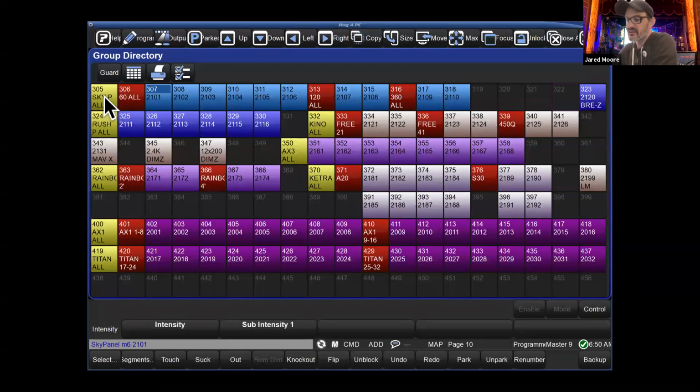And so you see I've built a group here that would control, group 305 would control all the sky panels in this row. And then this particular group 306 would just control all 6 of these S60s. And this group, these two 120s, and so on and so forth. So you can see that